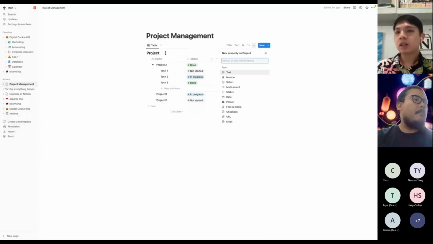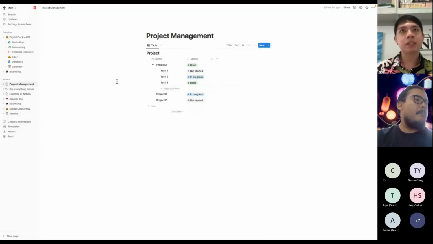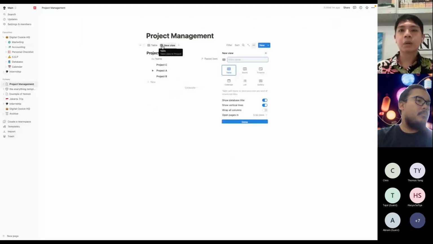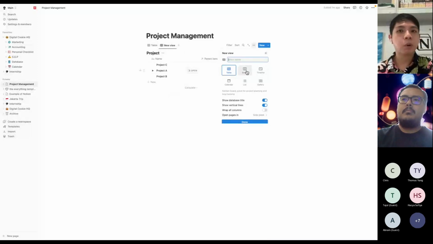The second thing is that the good thing about Notion when it comes to databases is that you can view data in a lot of different formats. A lot of times when I explain to my clients who are new to Notion, it's a bit confusing. Basically the idea is that you create a table, and then you can transform this table into a Kanban board. In this case, let me select this plus. They call them different views. There are a few options here: table, board, timeline, calendar, list, and gallery.